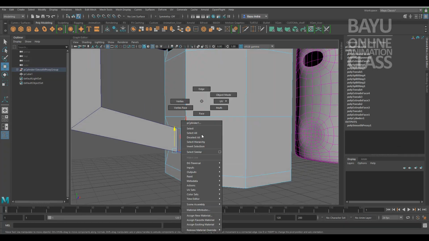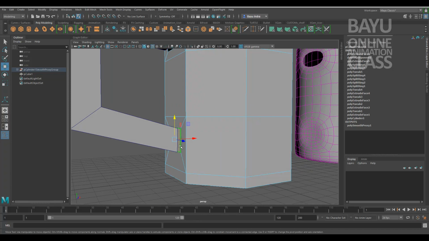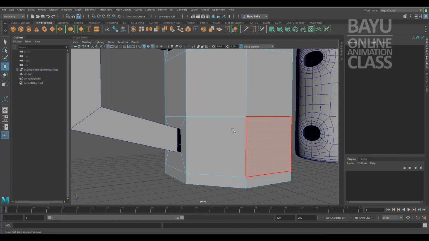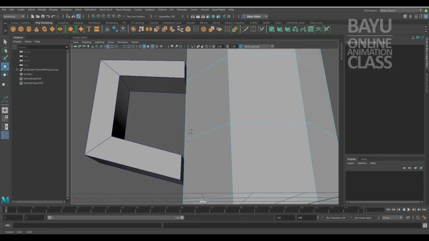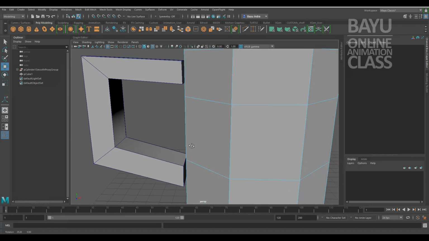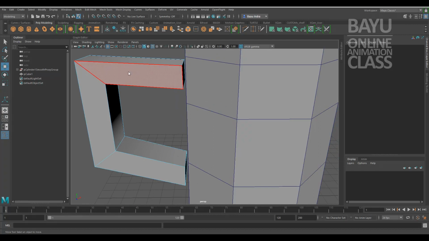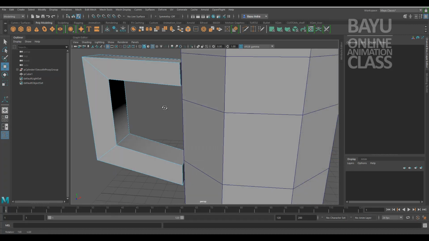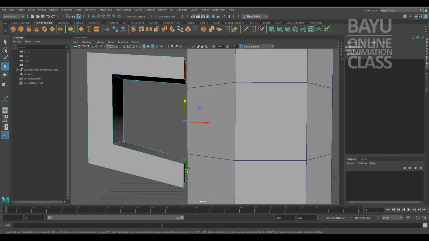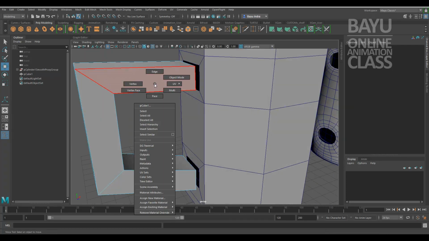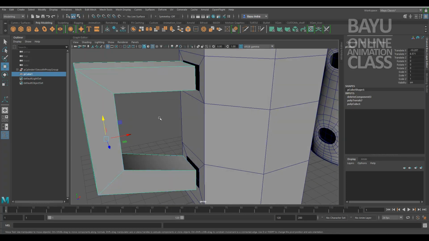Okay, and then back to face mode and delete the face. Okay. Another thing is we need to delete the face of this handle, this one as well. Okay, delete it, and then the next thing is